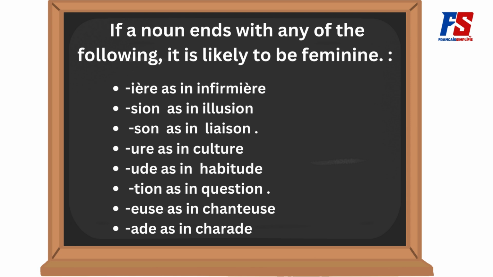If a noun ends with any of the following, it is likely to be feminine. IE, RE as in infirmière, SION as in illusion, SON as in liaison, URE as in culture, UDE as in habitude, TION as in question,